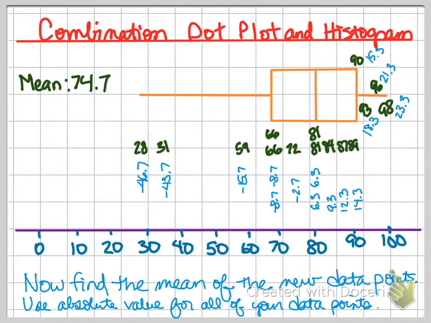The orange up here is what the box plot looks like, using the smallest point, the largest point, the first quartile, the median, and then the third quartile here. The blue numbers that I've shown are the differences between the data point